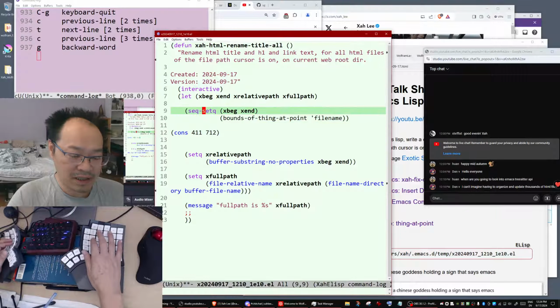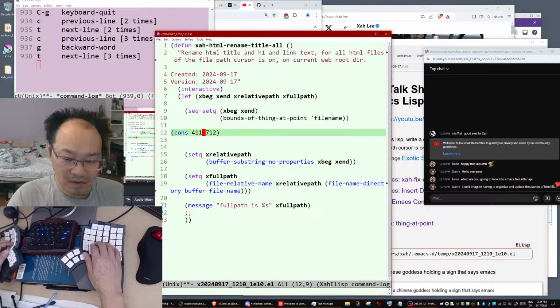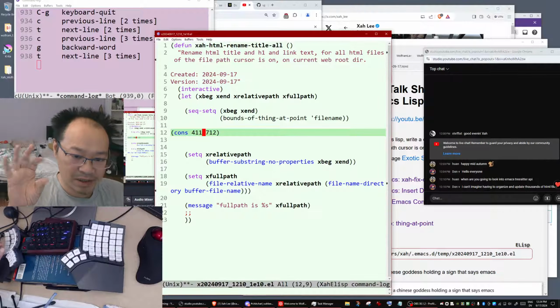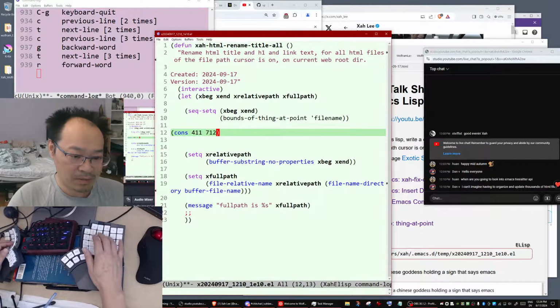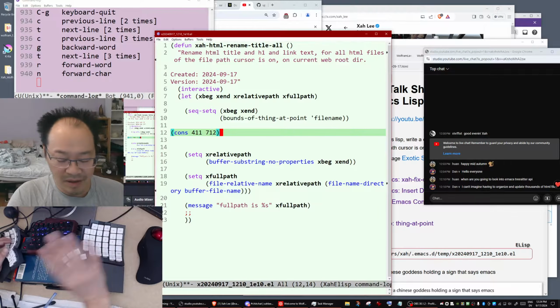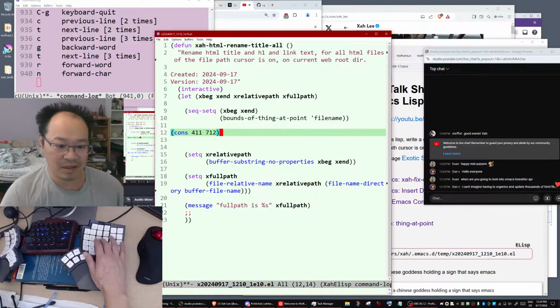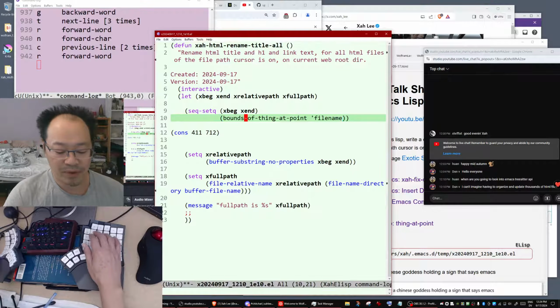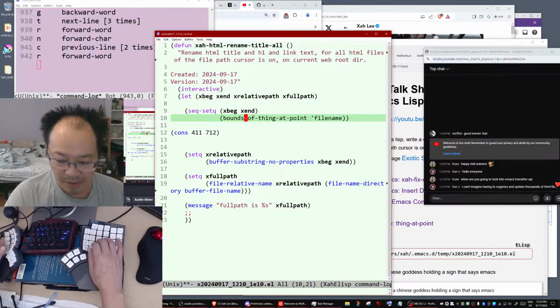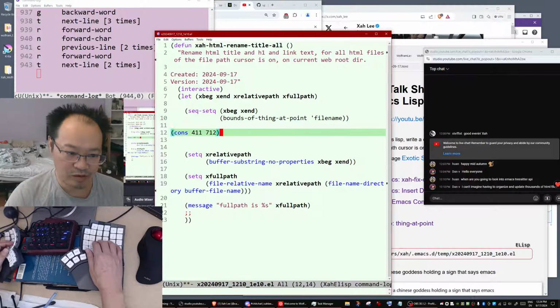But this set-sequence doesn't accept a cons pair. It accepts a list, a vector, or a string, a sequence. But the cons pair is not a list, it is not a sequence. So it's very annoying. This is a problem. This is one of the major problems of the Lisp programming language, the cons.